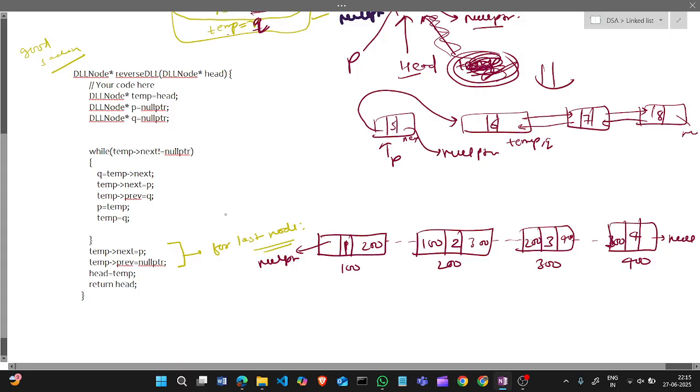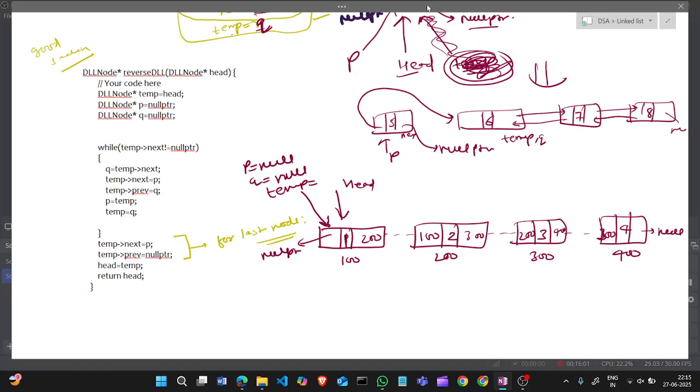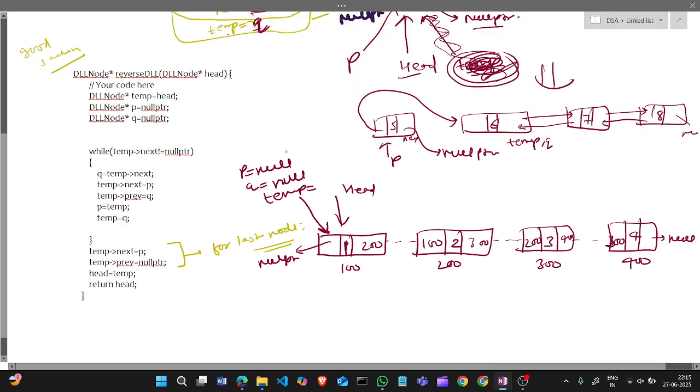Now watch. I am making temp as head and p and q as null. So p is null here and q is null here, and temp is pointing to the head. Now temp next is not null, so we will run this loop.